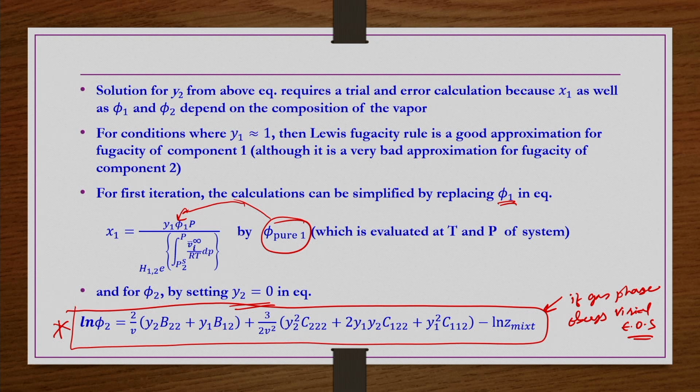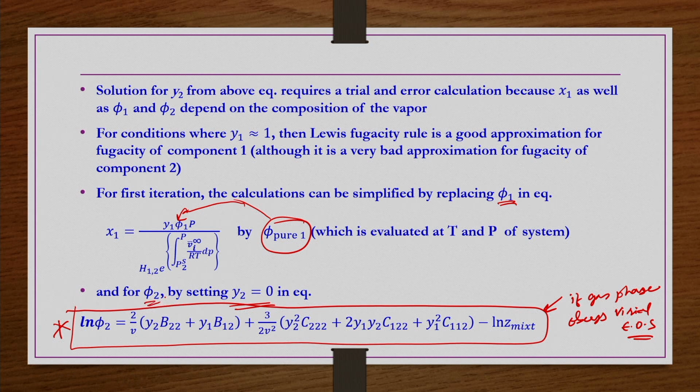So, let us take this as a trial exercise, and take the virial equation of state. In this equation you need to know phi 2 also. Unless you know phi 2 you cannot know y2, and unless you know y2 you cannot calculate phi 2, because phi 2 is dependent on the composition. So, as a first trial you take y2 equals 0 in this expression, and then y1 equals 1. Whatever phi 2 comes out, you take that as the first approximation or first iteration value, and then like that you continue.